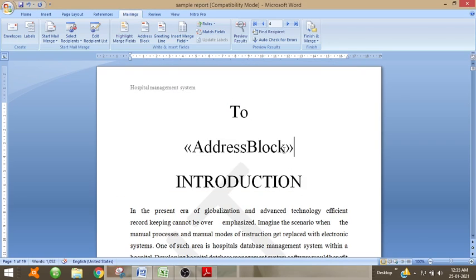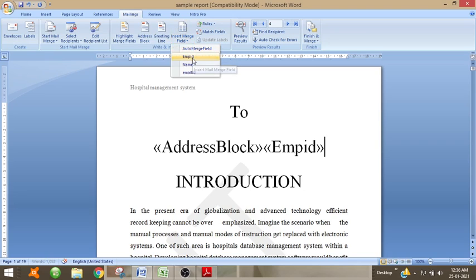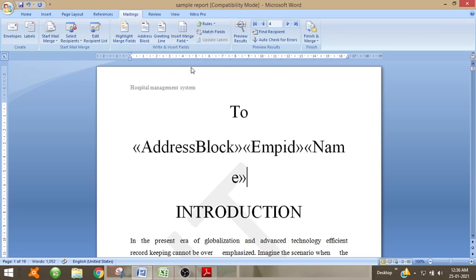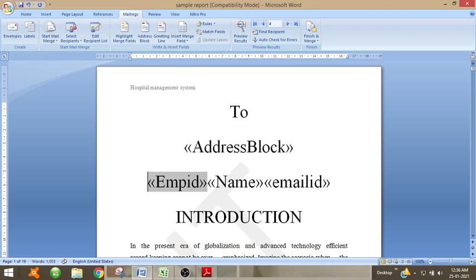So inside it, insert address block, then insert fields. What all fields? I have selected different fields: employee ID, then name, then email ID. So all these things will be there in every letter.